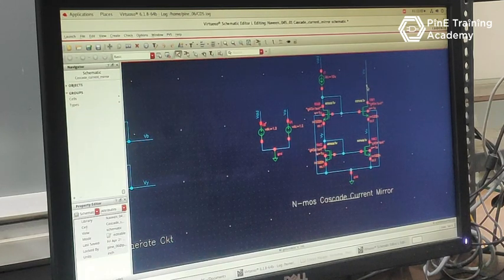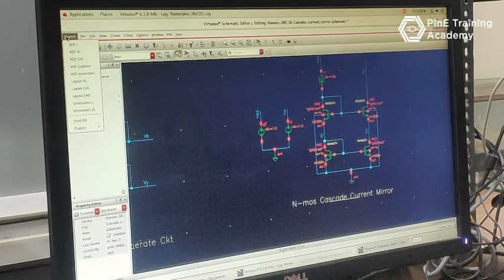This is an analog node branch, and this is Vx voltage, this is Vy voltage, this is Vs1 voltage, this is Vs2 voltage, and Vs3 and Vs0 voltage. In this circuit, if Va voltage changes, Vx voltage is constant, and if Vx voltage is constant, then Vy voltage will be constant. If these voltages are constant, it means VDS1 voltage and VDS2 voltage are constant. Then I drive current is equal to I reference current.